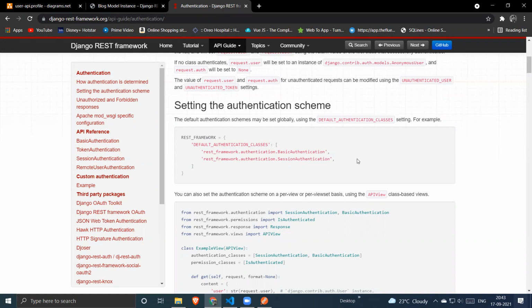So whenever the requester tries to access the server with that particular token, it will create a session for that individual request. Whenever you write request.user, you will get the session of that token holder. That is why we need to define these two classes as the default authentication classes in the REST framework.